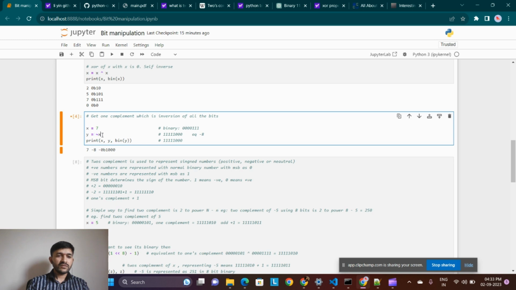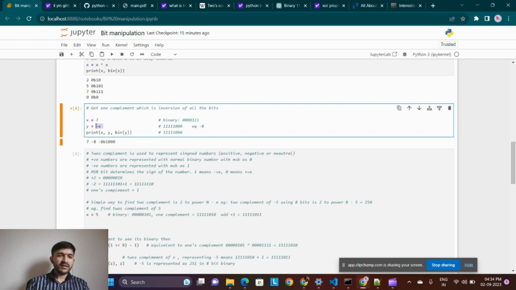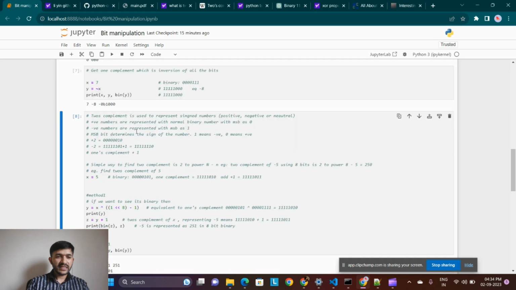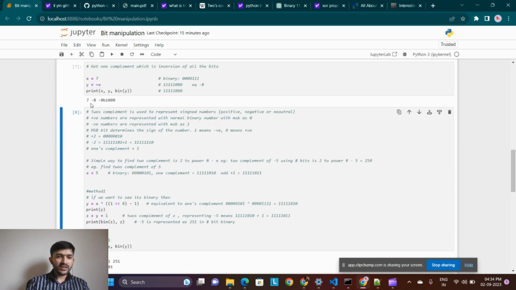That will give you the original number but with all the bits inverted. So let's say I have 7, its binary representation in 8-bit binary is this. If I invert this, it inverts all the bits of this binary to this. And if I print x, y, and the binary of y, it gives me the original number,